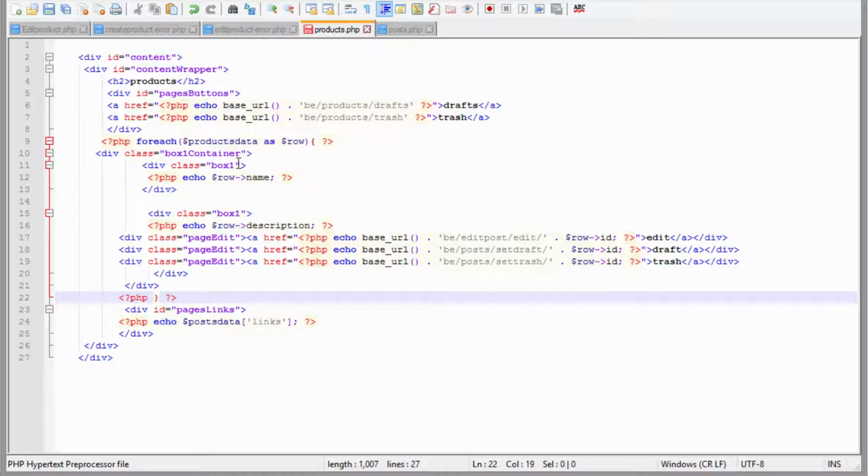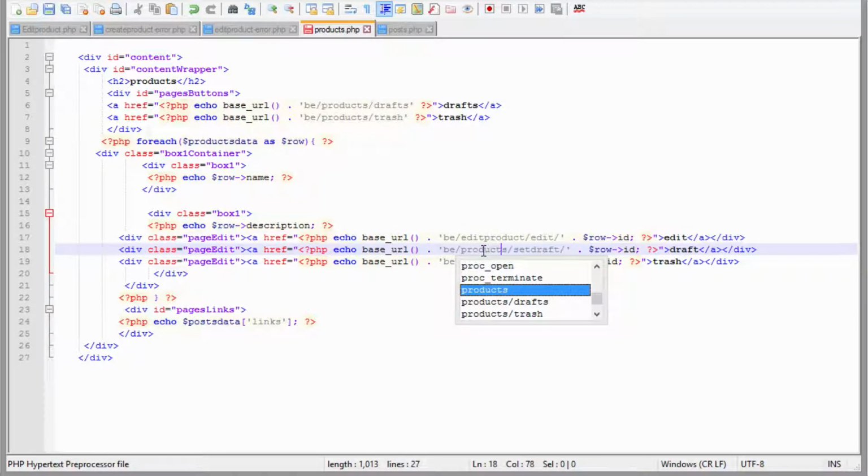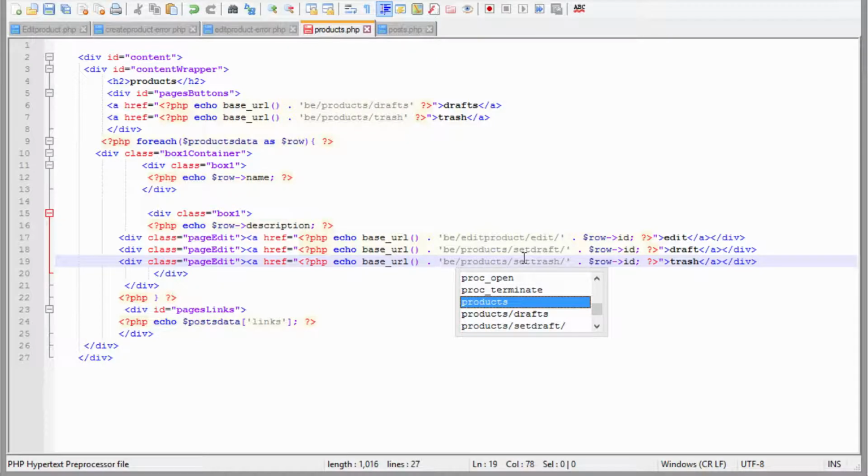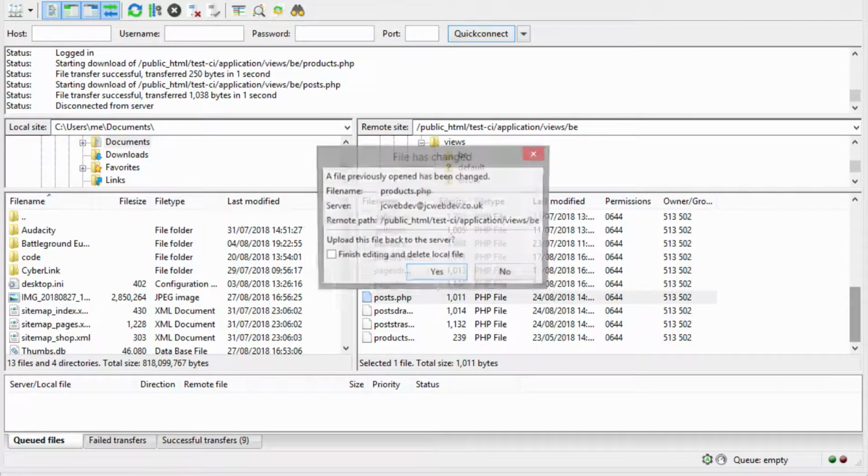And same again, we want to change our post to product. And if we have that sorted, we can save this file, upload it back to the server and check our